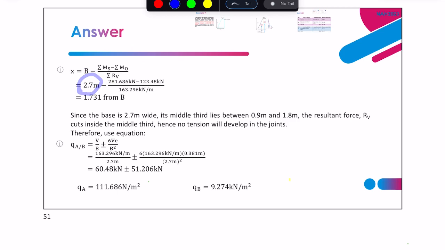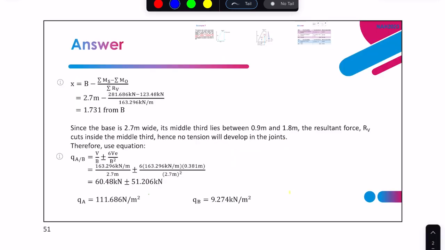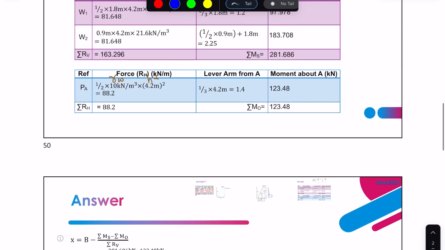B, we have the base 2.7 meter. The base panjang dia minus with total stabilizing moment, this one, minuskan dengan total overturning moment, ini, and divide with total RV,